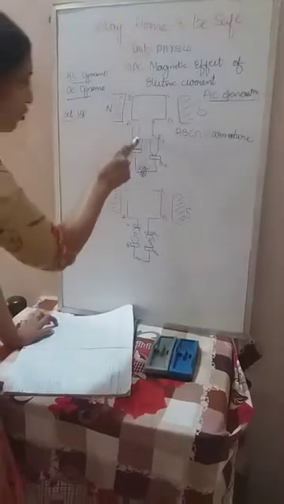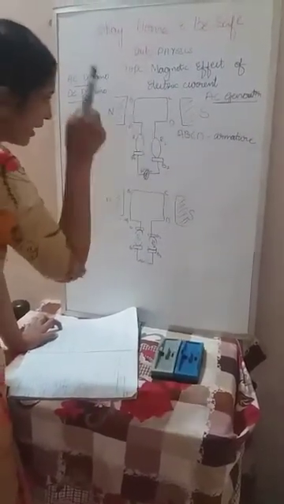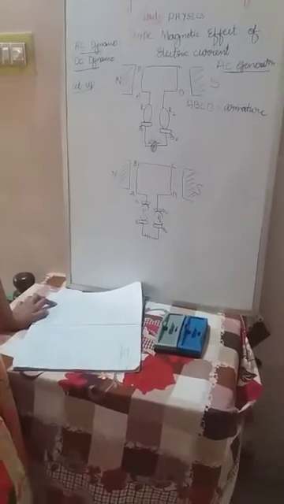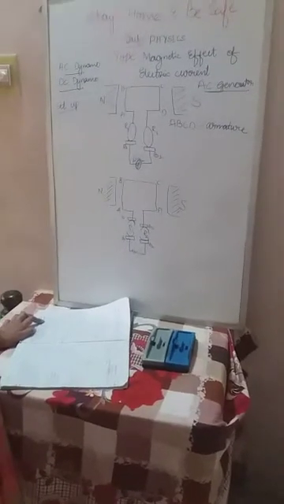Then these two free ends, what are they? The armature is made of copper wire only. No other material is used here, because copper is the best conductor of electricity, as you know. That's why the armature is made of copper. We can also call it a copper rectangular coil.